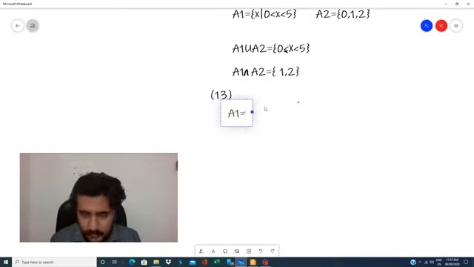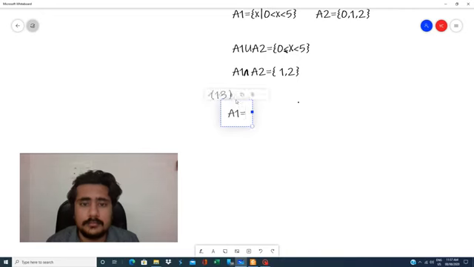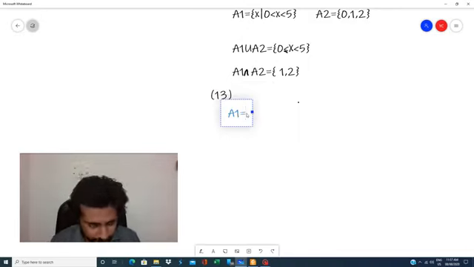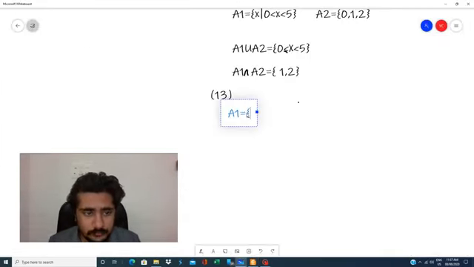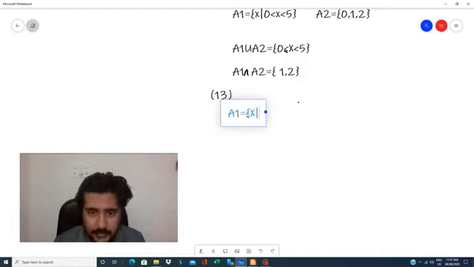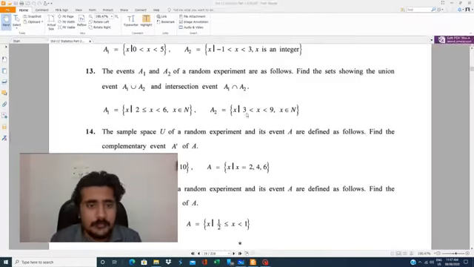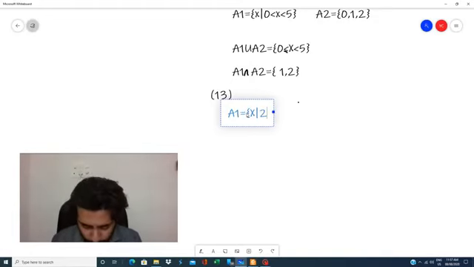A1 is equal to x belongs to 2 less than or equal to x less than or equal to 6